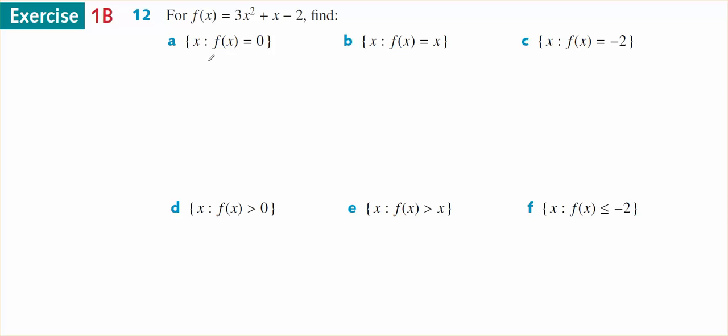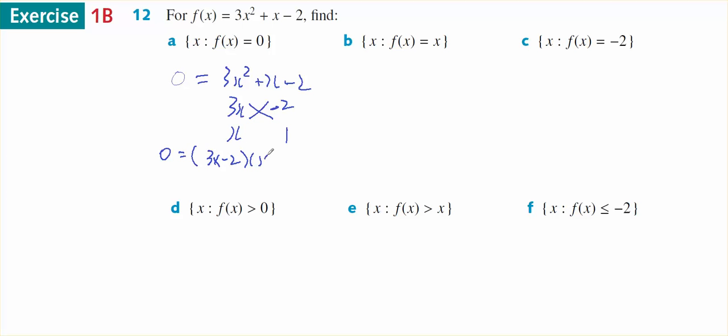In A's case, when is f(x) equal to 0? So I'm going to make f(x) equal to 0. And I can crisscross that to give 3x and x, and 2 and 1, and the negative is on the 2, which means 0 equals (3x minus 2)(x plus 1), which means f(x) equals 0 at x equals 2/3